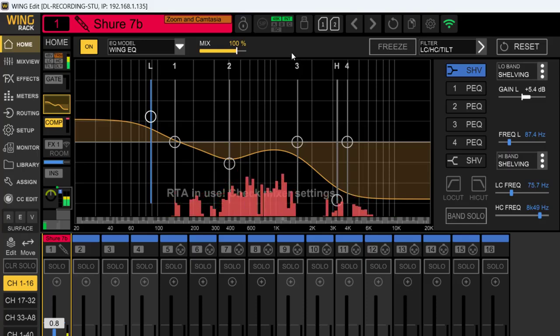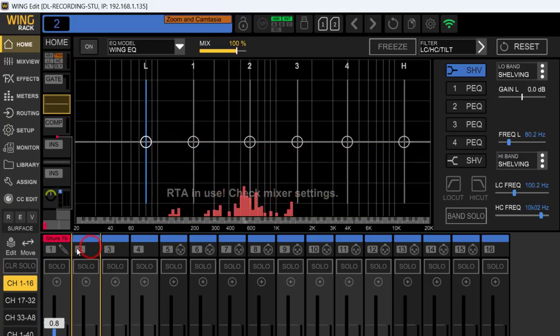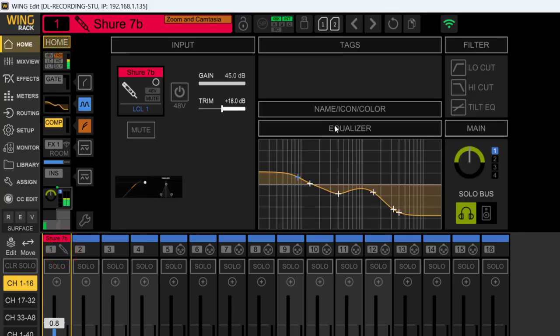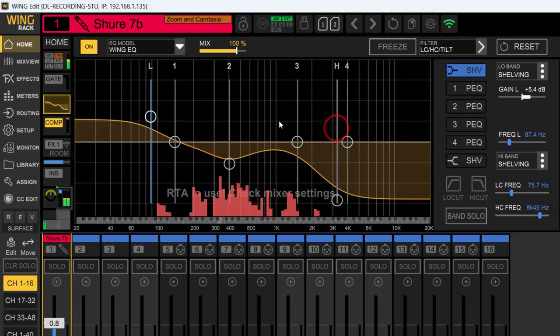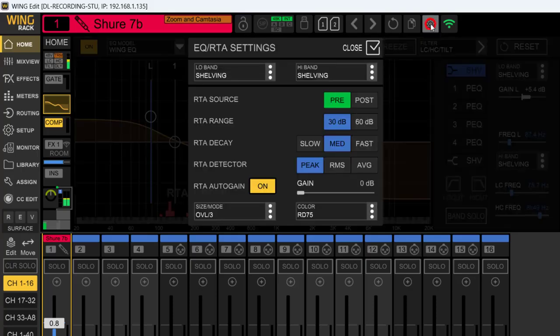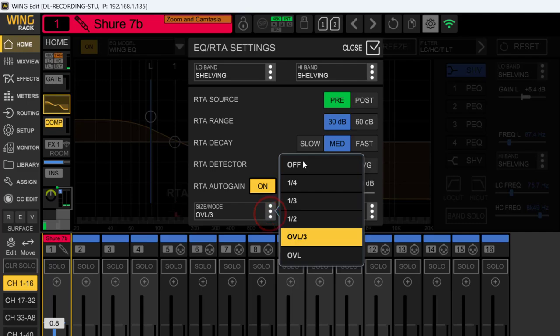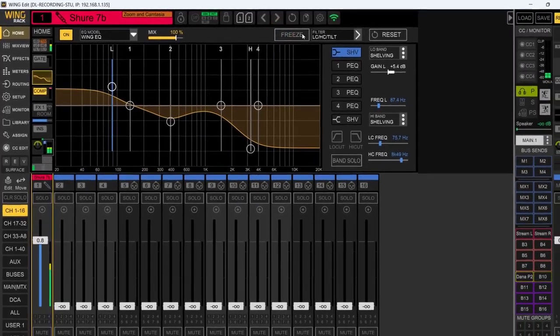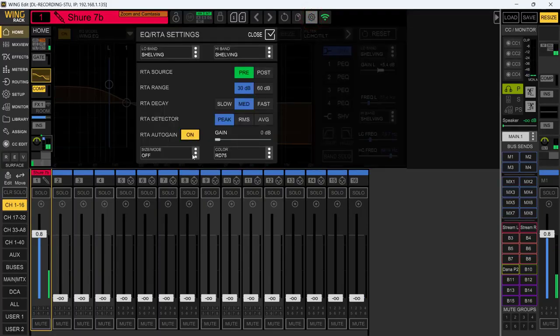So to summarize, guys, what do we do? Well, we go to whatever channel we want to listen to. We're going to go to the home button, whatever we want to do. We're going to go to that EQ. We're going to come up to the little cog up here. We're going to come down. We're going to make sure that we turn it on. Right here. You see right here, if we turn it off, it goes away. Okay? There's nothing there. So we come to the cog, we come down,